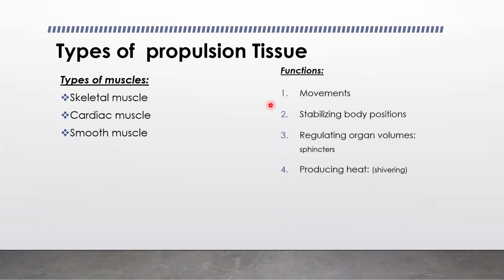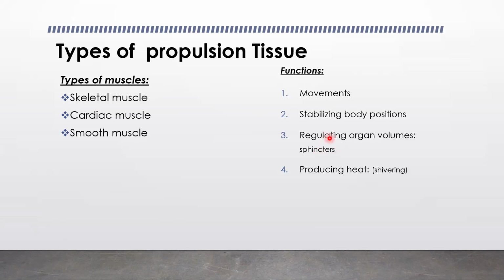Then what are the functions of these propulsive tissues, these muscles that you're talking about? They carry out the movements, so they enable the body movements to happen. Then they stabilize body positions, and they regulate organ volumes. For example, the stomach: when the stomach is distended, food moves from the stomach to the duodenum. And also, when undigested food materials accumulate in the rectum, the external and internal anal sphincters relax and contract at a certain point to allow the removal of those materials